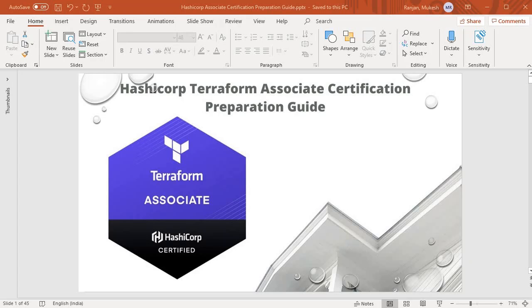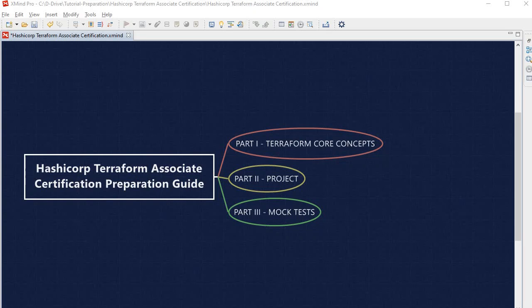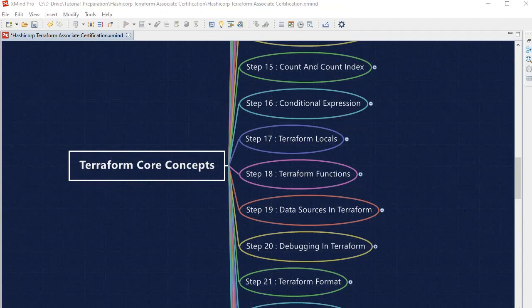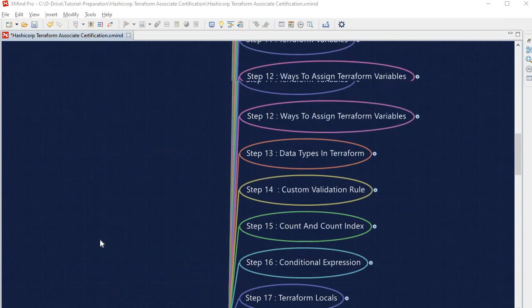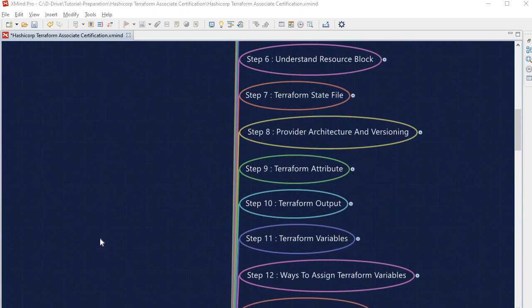So guys, let's look into the topics. What are the topics we are going to cover in this course? This course is divided into three parts. In the first part, we are going to learn about each of the core concepts of Terraform. What topics are we going to cover in this aspect? Let's look into that. As I mentioned, in this part of the course, we are going to discuss Terraform core concepts, and the topics we are going to cover in this part